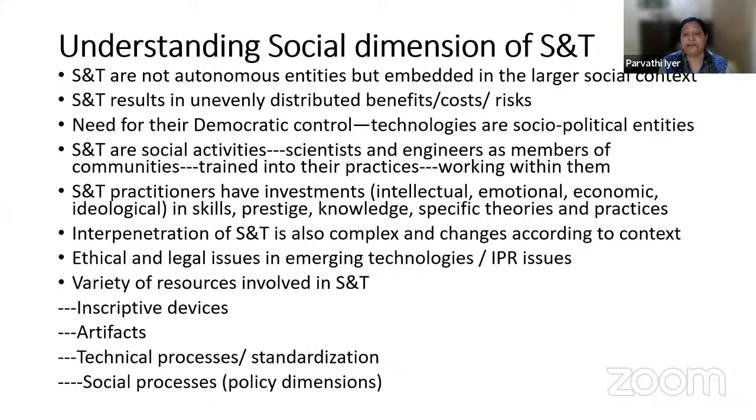Again, this interpenetration of S&T aspect is very important. And why it is important is because if you look at the way in which science was organized, in fact, if you look at a particular theory by an STS scholar called Michael Gibbons, he talks about the transition in scientific knowledge production from mode 1 to mode 2, wherein he says that if you see the way the production of scientific knowledge has evolved,